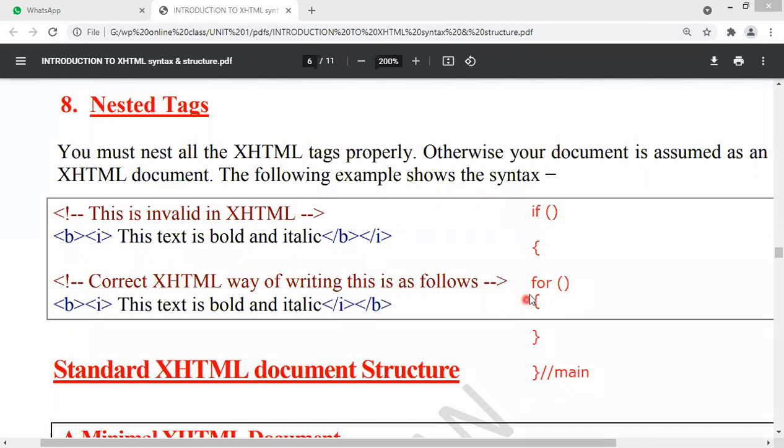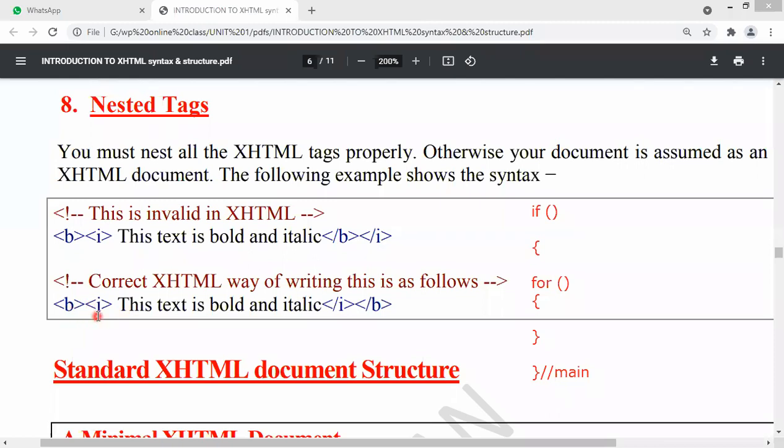This is the closing and opening of the for statement, right? And this is the opening of the if. This is the closing of for, and this is the closing of main. Do you agree? What happens here is that I just forgot to close this if, therefore it will give me an error. Such nesting rules are also applicable in XHTML. You have to compulsorily take care of closing and opening of the specific tags. Clear to you? It means, see, there is a B tag, bold tag.